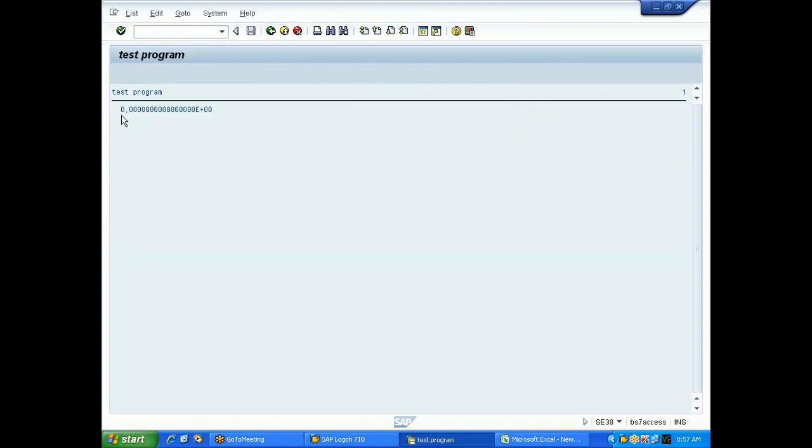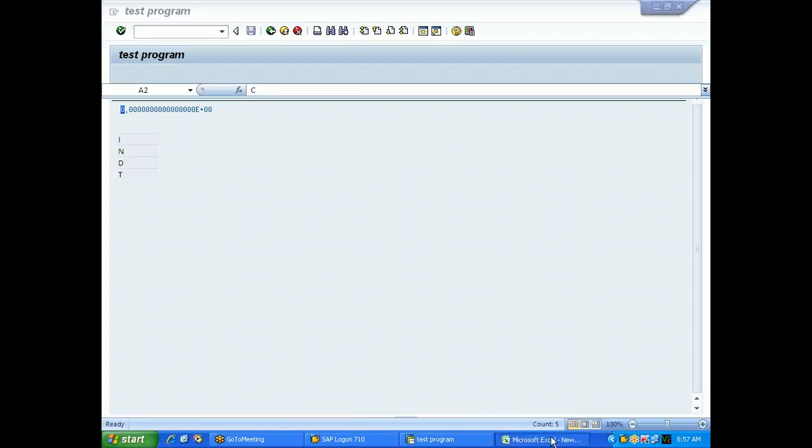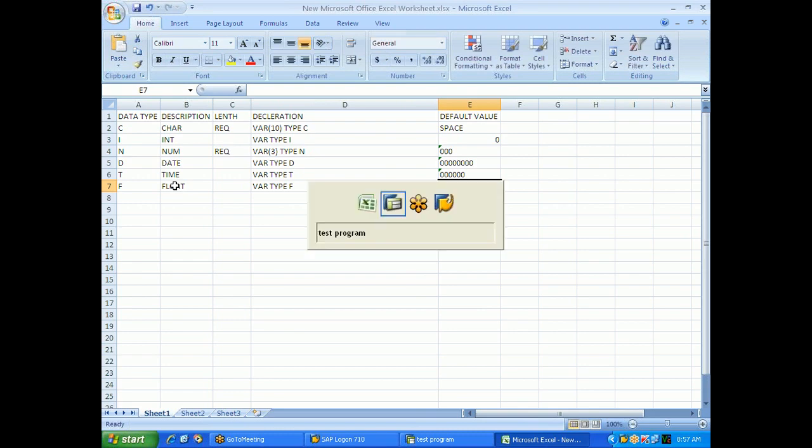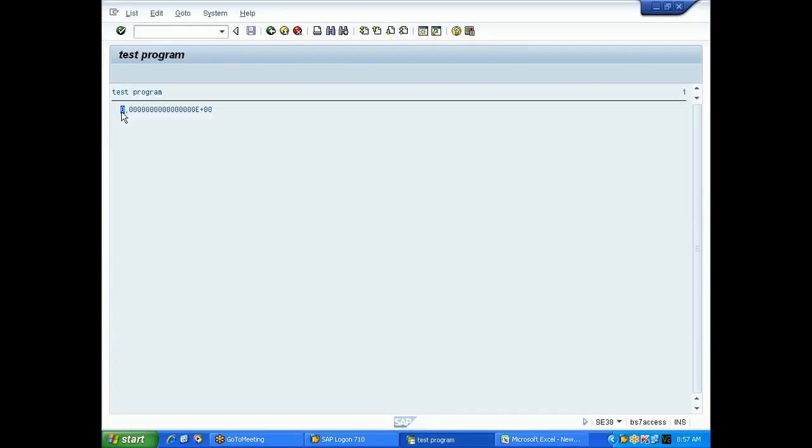For integer, also zero. Now for floating, this is the default output: 000 exponent plus 00. So now you can mention here the next data type is float. Length specification is not required. You can declare it like variable type f. Default value is this one.